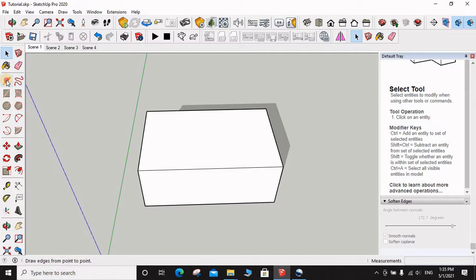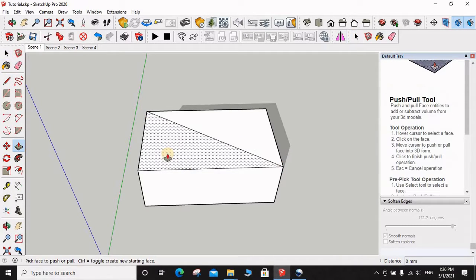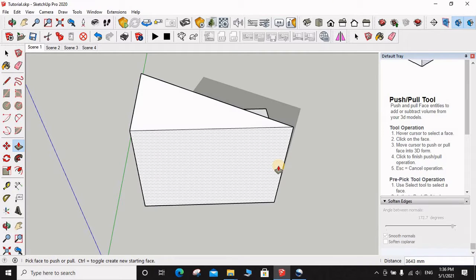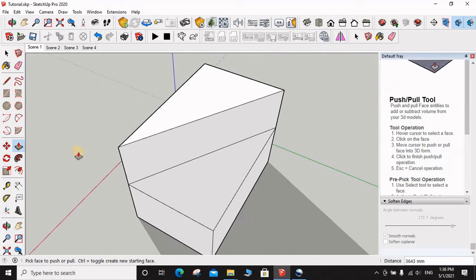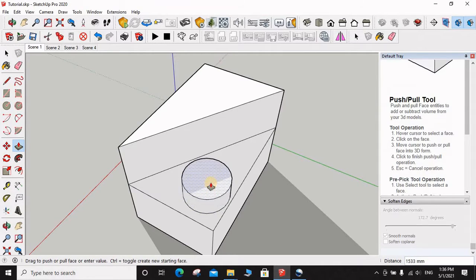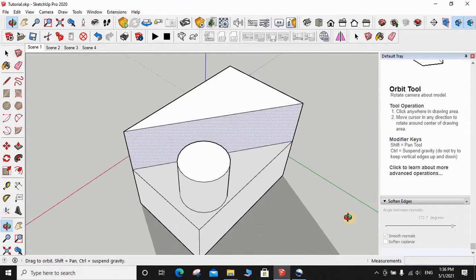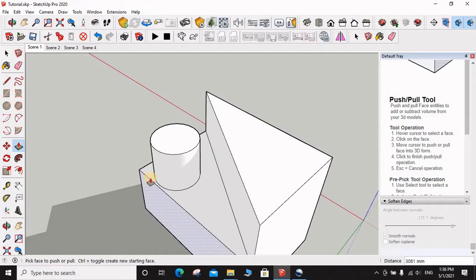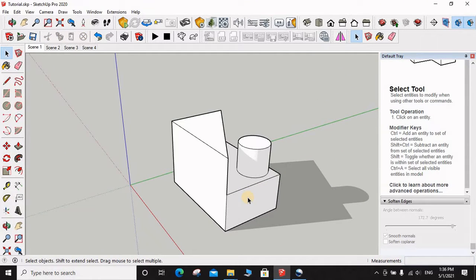Okay, you can also make lines on it, like you can divide it into two triangles. Now when you push pull it, a triangular-shaped 3D object is designed. You can also make a circle where you want, then push pull the circle. Now a 3D design is shown due to the increasing height, length and breadth, the 3D dimensions. These are the two components to design 3D objects.